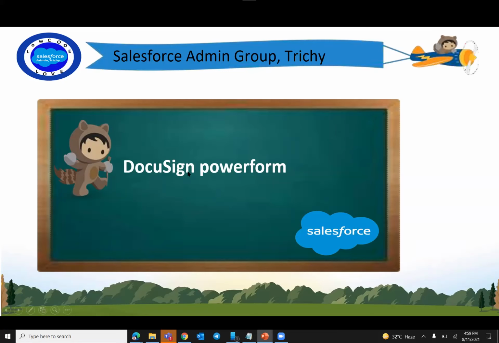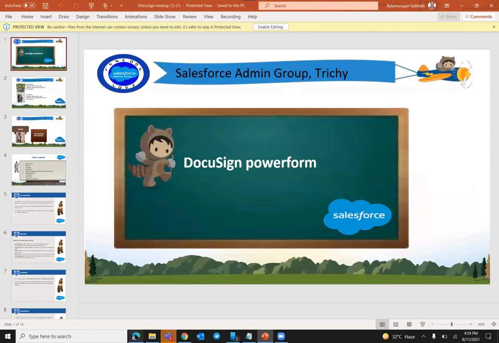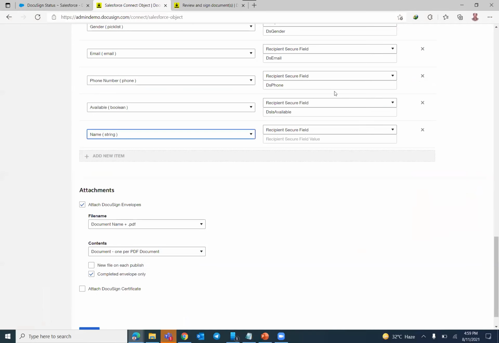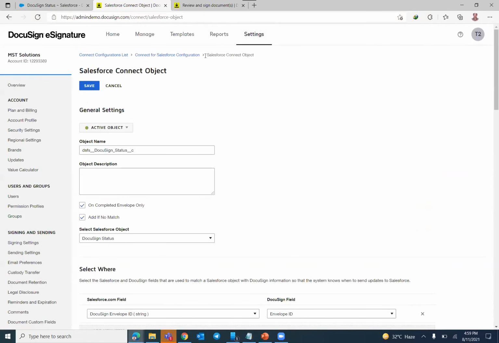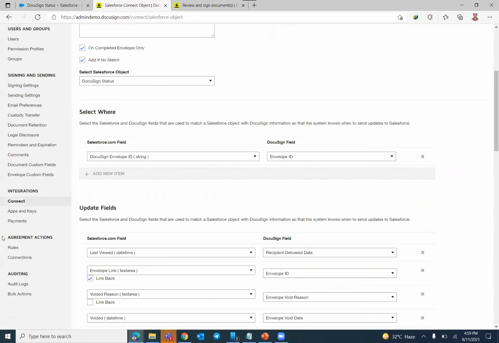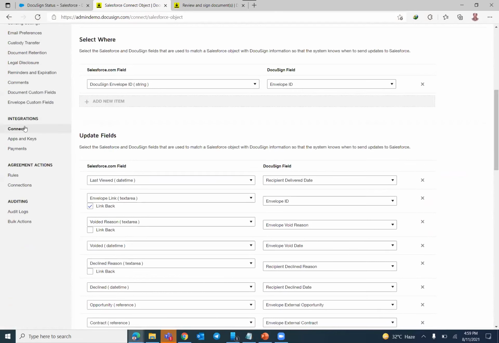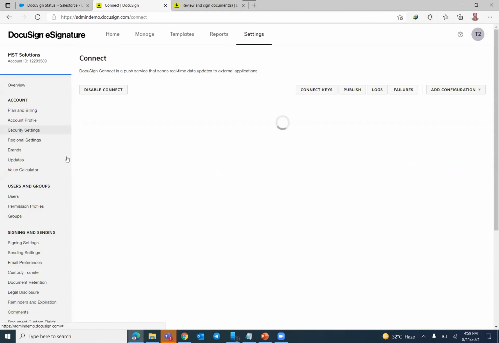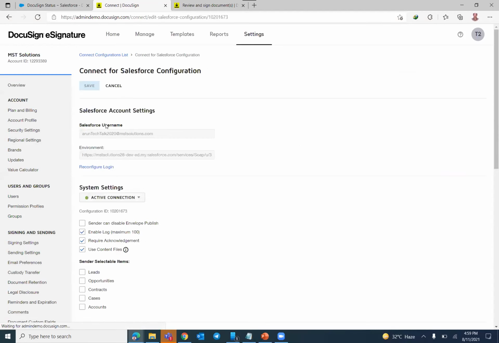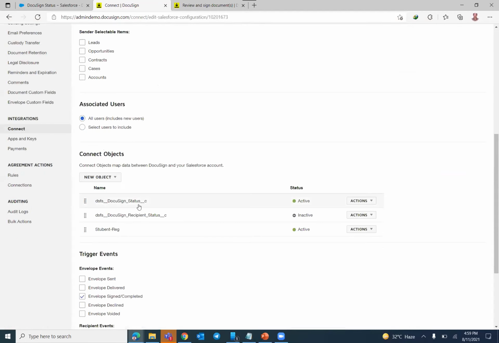I will show you a set of options in Salesforce. First, we need to go to settings. Here we have an option called connect under integration. Go with Salesforce, followed by an option to create an object. So go with a new object.